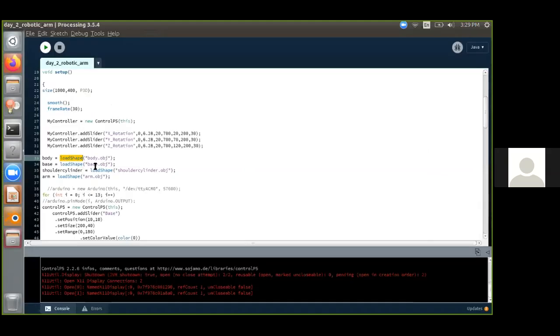Similarly, loadShape base.obj, the shoulder cylinder is equal to loadShape shoulder cylinder.obj, arm is equal to loadShape arm.obj. So all the four are getting loaded.